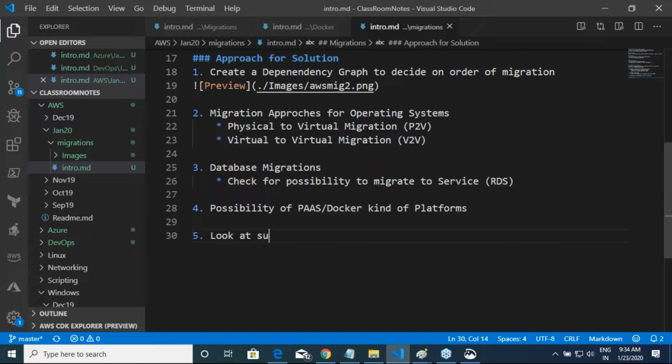Look at the support matrix. Why? Let us assume that the Nginx which you are running right now might be running on Ubuntu 11 in your office, but you will never find Ubuntu 11 on Amazon Cloud. From Amazon, at least it should be Ubuntu 14 or Ubuntu 16, right? So that's the reason why I'm asking you to look at the support matrix.